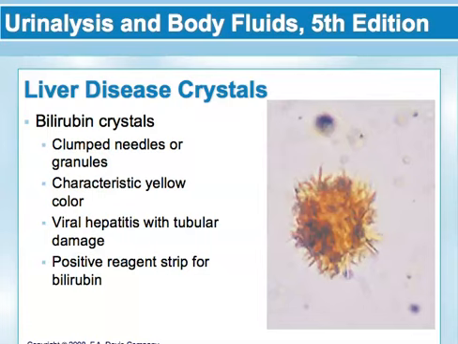Okay, next we're getting into some of the crystals that are associated with liver disease, which means that you would rarely see these except in cases of liver disease. The first one is bilirubin crystals, seen in hepatic disorders that produce large amounts of bilirubin in the urine. They will appear as yellow, clumped needles or granules, and a positive chemical test for bilirubin should accompany the presence